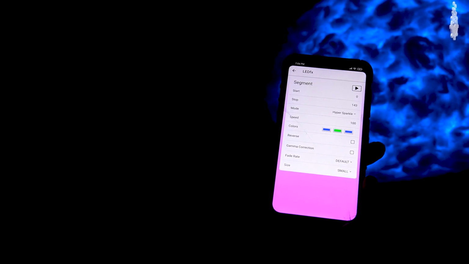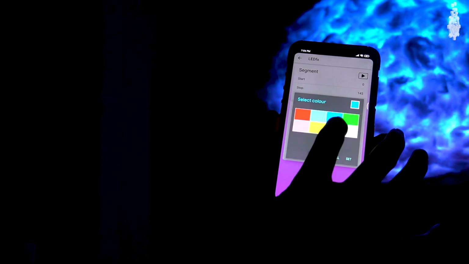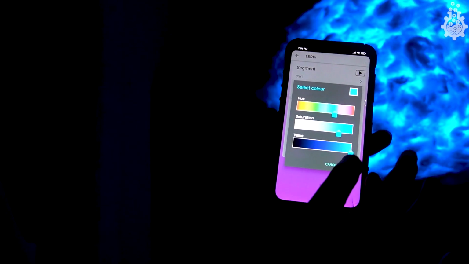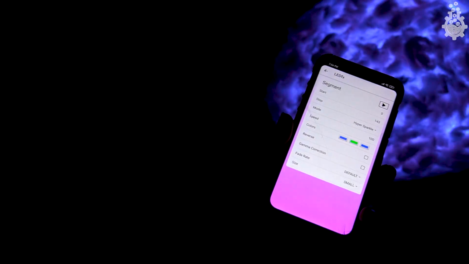You can use any effect that you like. You can change any color that you want. You can basically run the entire cloud on your customization. Suppose your walls are blue and you want a specific shade of blue, you can do that as well by going into this more option. You can select the hue, you can reduce it, and basically it will just do whatever you like it to do. So this app and this code is just amazing.